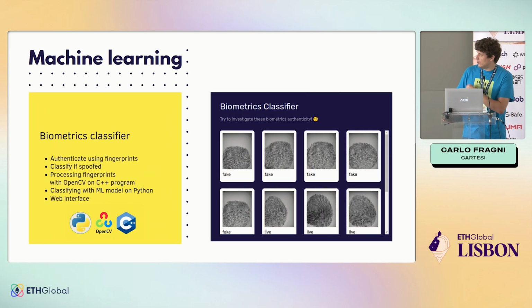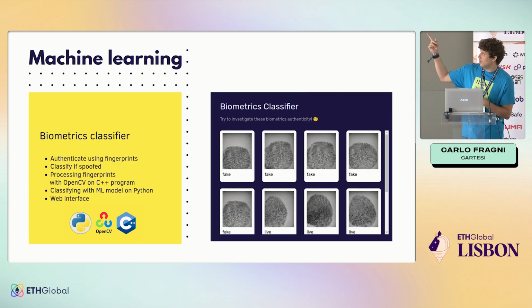This one is more machine learning and image processing. So this guy has this problem of people tampering with fingerprints. In many places in the world, fingerprints are used either for access, for clocking in and clocking out of work, this kind of stuff. And people mess with it. So they make fake silicone fingers to go in and go out, or to get access, or photocopying, this kind of stuff. What this guy did is he made this dApp in Cartesi, which is specialized in determining if a fingerprint was spoofed or not.